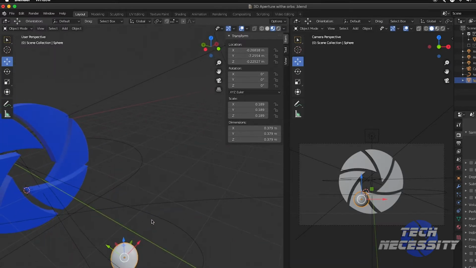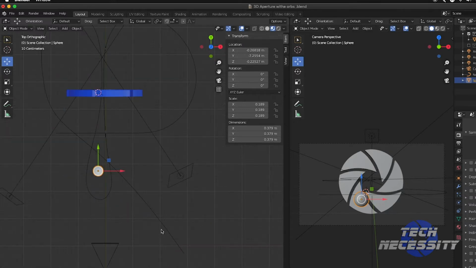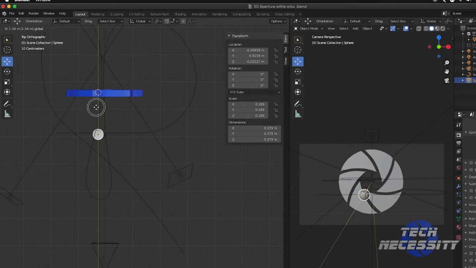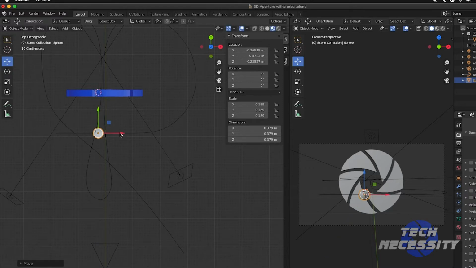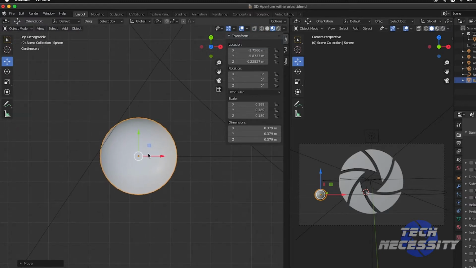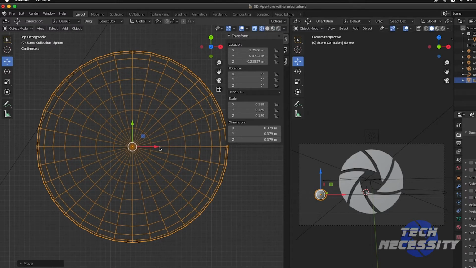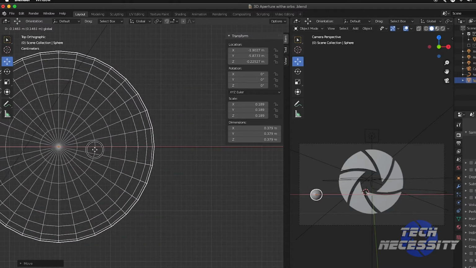Now I want to place this object right at the beginning of the path right here. So in order to do that, I'm going to go into my top view by pressing 7 on my numpad. I'm going to move it over so that it is right at the beginning of that. I'm going to zoom in. Now, in order to make sure that's right in the center, I'm actually going to go into my wireframe view. So if I click up here, wireframe, and I zoom in,